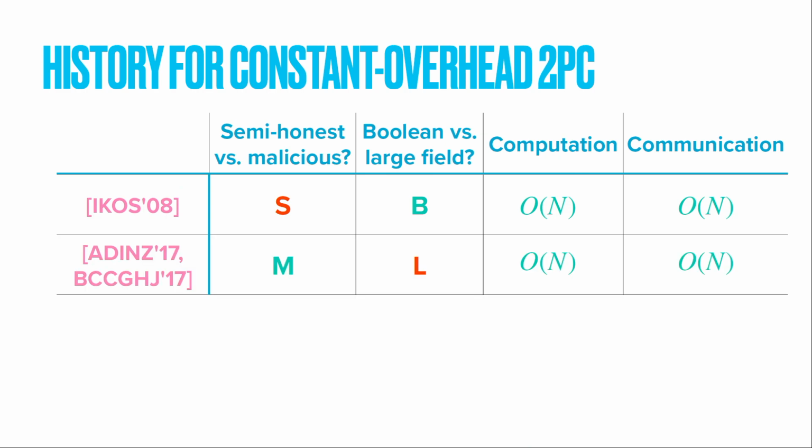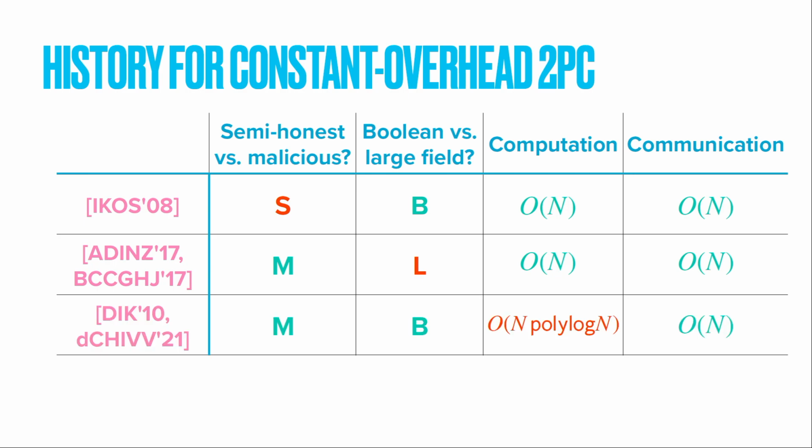So in sort of an orthogonal direction, we could replace the task of evaluating a Boolean circuit with, say, evaluating an arithmetic circuit over a field of size 2 to the lambda. So in some sense, your arithmetic operations are already kind of encoding the size of the security level that you're dealing with. But in this model, it is indeed possible to have constant computation and communication overhead. But now, if you really insist on malicious security in Boolean fields, unfortunately, the current state of the art is a little lacking. The best computational overhead is still quite impressive, but it's polylogarithmic, so not constant.